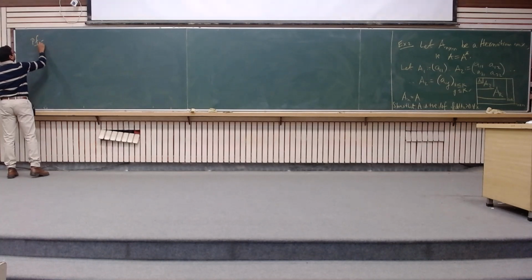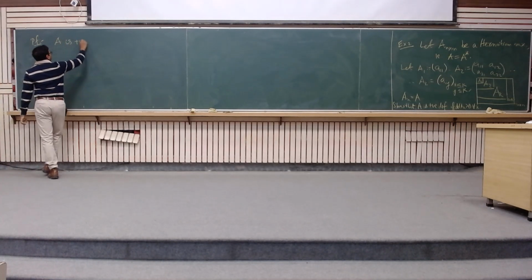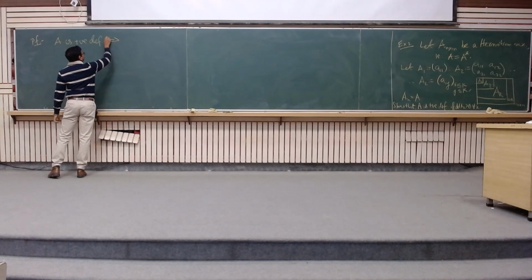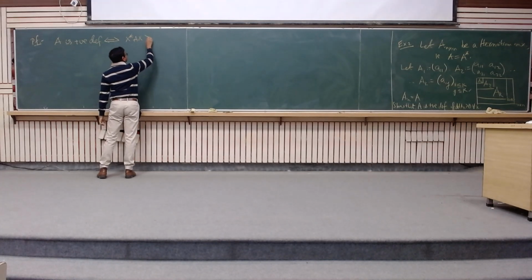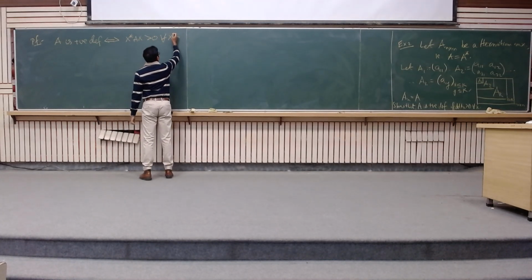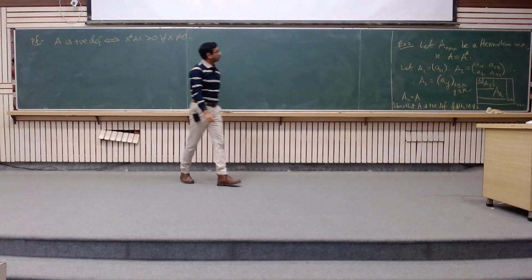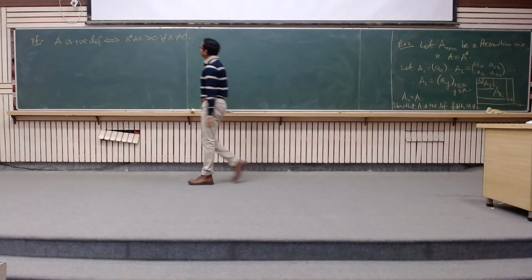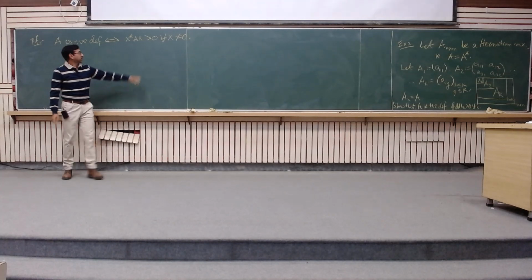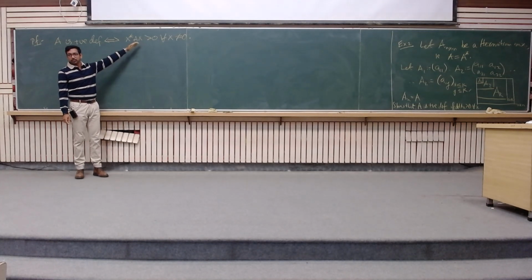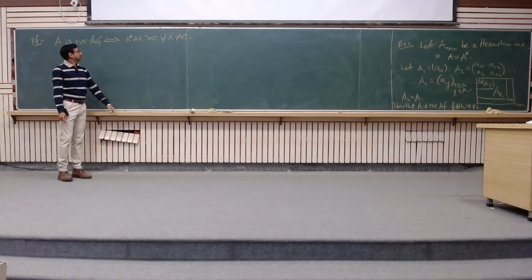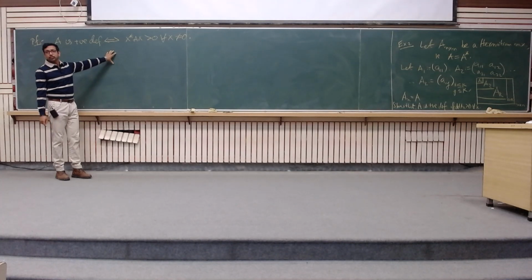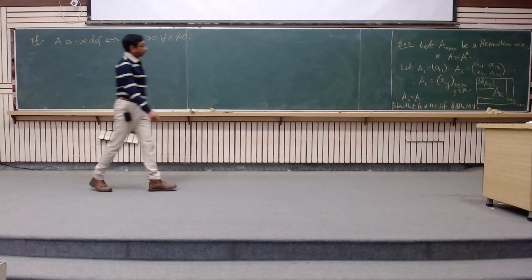Okay. So A is positive definite if and only if x star Ax is greater than 0 for all x not equal to 0. Right? Since it's a Hermitian matrix, we know that x star Ax is real for all x non-zero. And of course, for x equal to 0 as well, it's 0. Right? So now that's the definition we are starting with, and we would like to show that